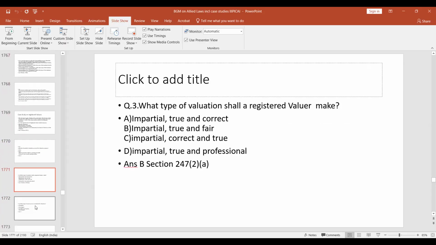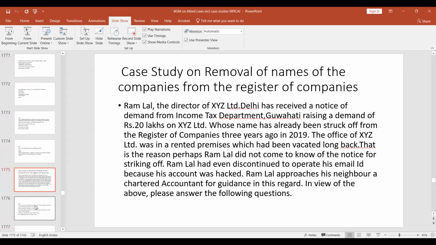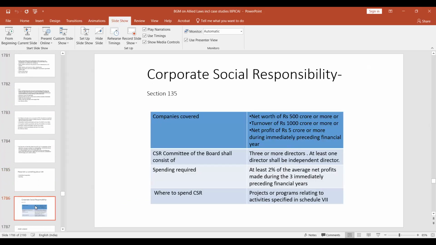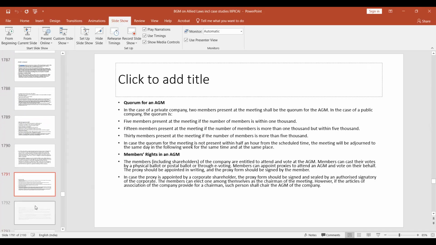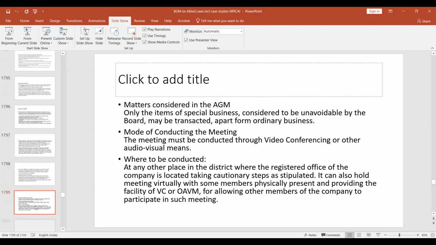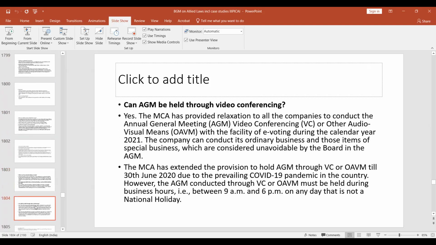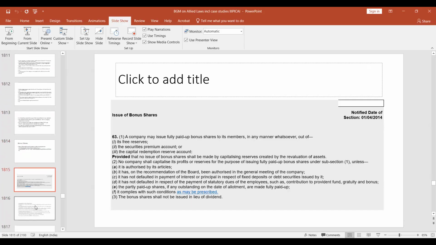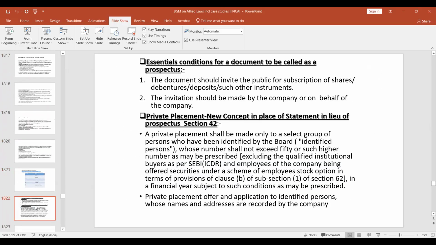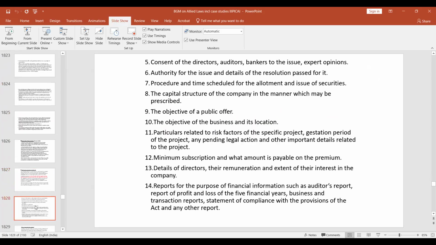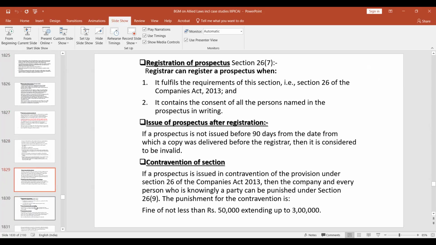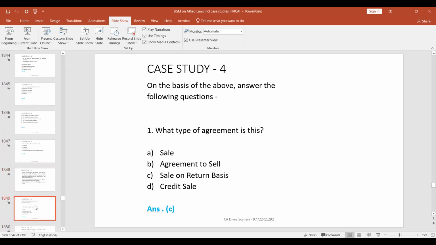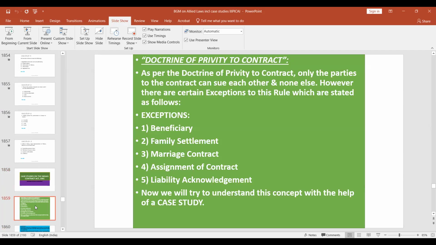केस स्टडी ऑन रजिस्टर्ड वैल्यूअर्स, केस स्टडी ऑन रिमूवल ऑफ नेम, केस स्टडी ऑन वाइंडिंग अप, सीएसआर, एजीएम, बोनस शेयर्स, रेडिंग प्रोस्पेक्टस. केस स्टडीज ये तो हो ही गया, ये कर ही लिया था हमने। ये सब आप देखोगे ना, आपको सब समझ में आ जाएगा, और हर एक की रिकॉर्डिंग भी है ऑलरेडी।